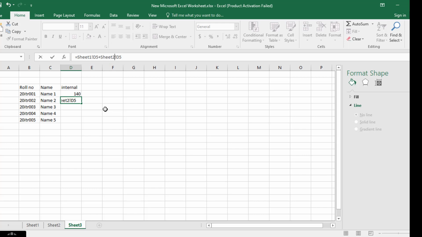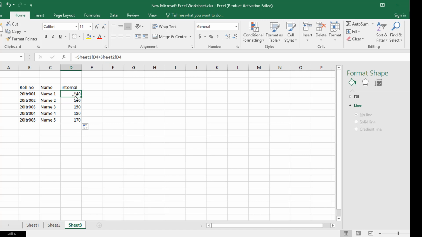Add the two data from sheet 1 and sheet 2. The answer is 160. Now select this formula and drag it along the column, and the same formula will be applied to all the marks.